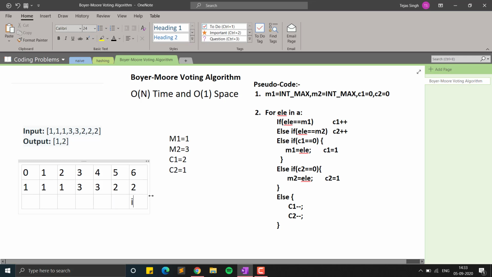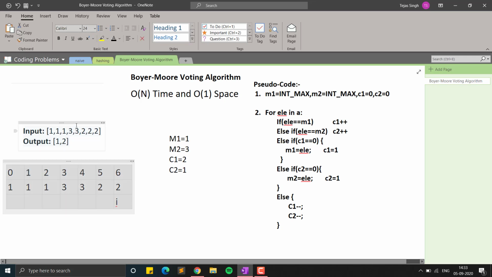If we come to this value, now you can check, actually I saw one problem. Here there are two values, so I skipped it and forgot to write it, so I will write the 2 here. This is the 2 value. So here also we have one element, that is 2. I forgot to write that, sorry for that. So now I will come here, and you can see the value is not equal to the majority element 1 and not equal to majority element 2, and counts are also not 0.